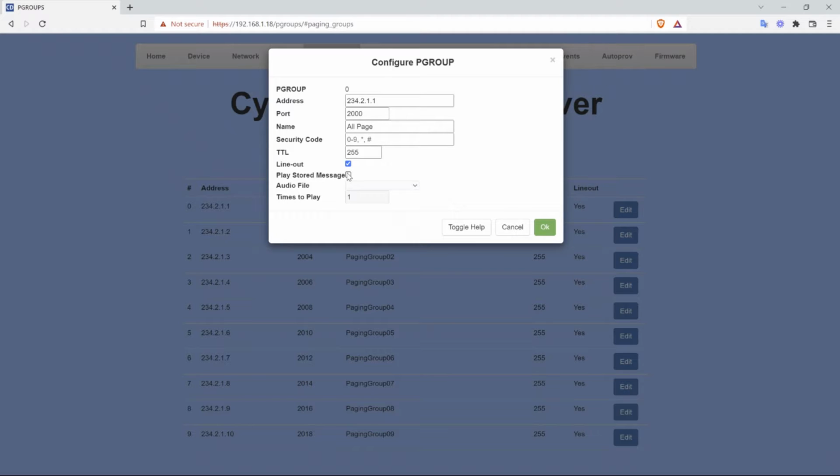Now, if you'd like to use one of these different paging groups as a stored message group, meaning instead of it being a live page announcement, where when you call that particular page group and talk through it, everything you say immediately comes out of the speakers, you can instead set it up as a stored message group. A stored message group gives you the capability to call the paging server and enter some particular DTMF code. In an example that we'll set up after this, we'll set that for group number 10. That'll give you the capability to call the paging server, dial group number 10, and it will play that stored message audio file. The number of times to play you can set here,